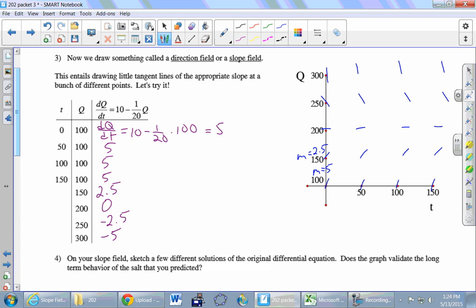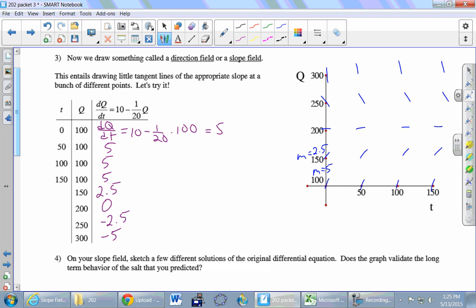So first, let's make sure we understand why we were drawing these slopes. dq/dt is the slope of a tangent line, right? It's like our very first definition of the derivative, that it's the slope of the tangent line. So at each of these points, we have slopes of tangent lines. And you can imagine